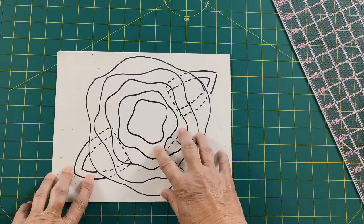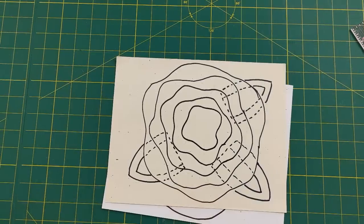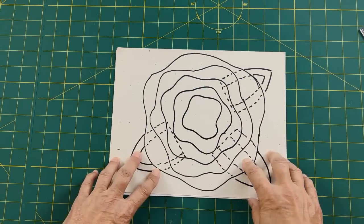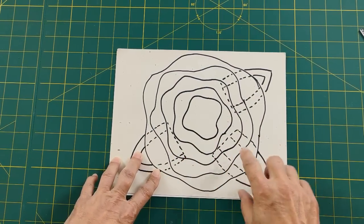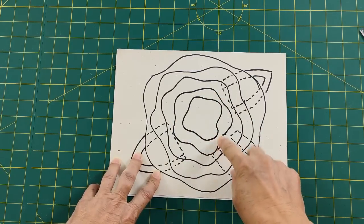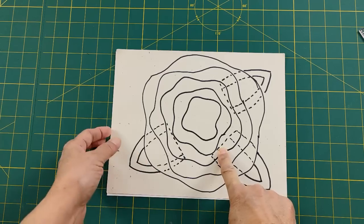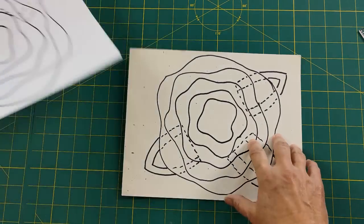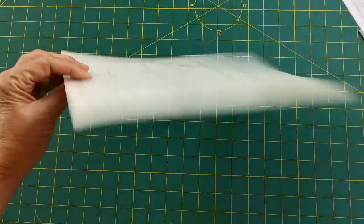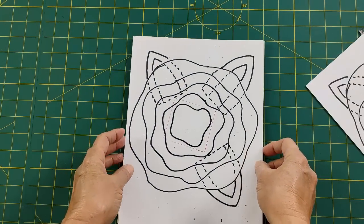But if you're going to make multiples and you want to use different fabrics, check this out. I want to show you how to make this fast and easy to use this pattern. And the quickest way I've found is to square these off so that I know what size fabric I'm going to need to cut each of these individual layers. So what I do is I make 2 copies of the pattern, and I just make black and white copies,